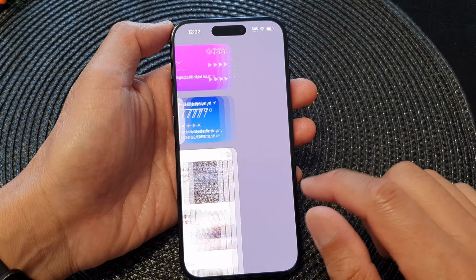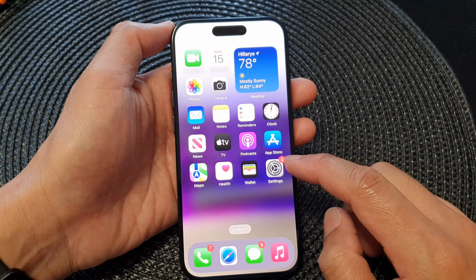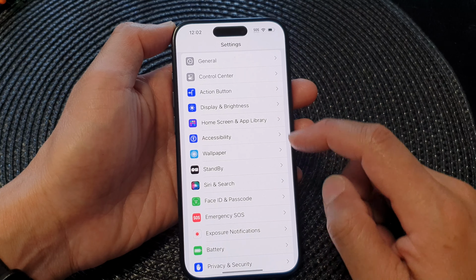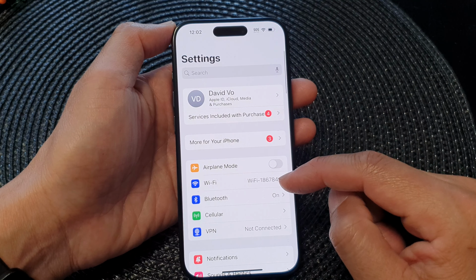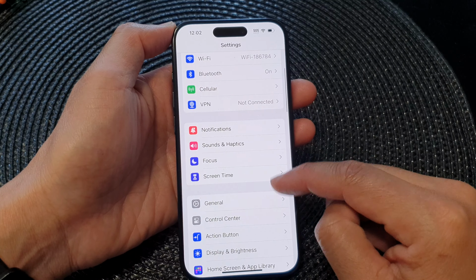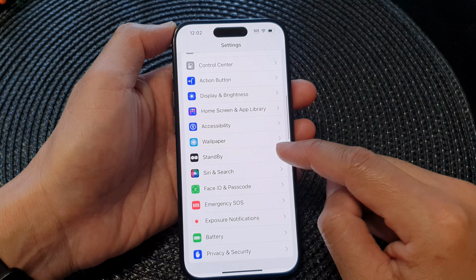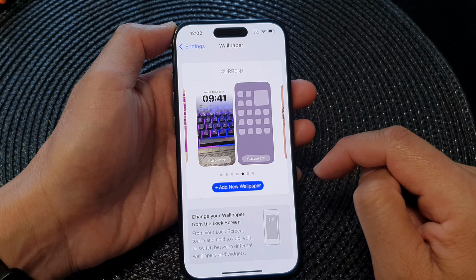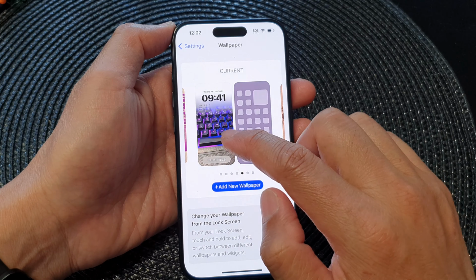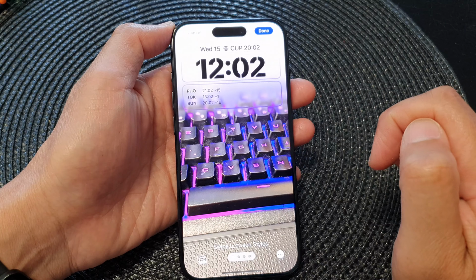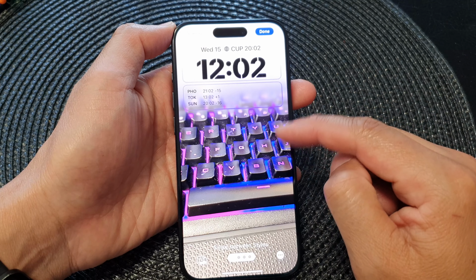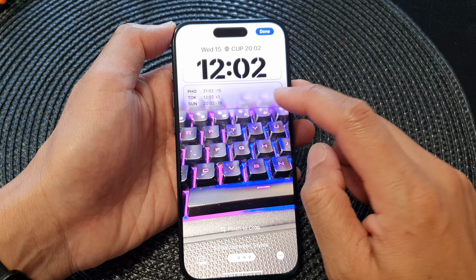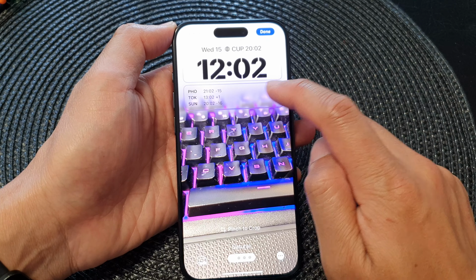Now from the home screen, tap on the settings icon. Next, in the settings page, scroll down and then tap on wallpaper. After that, tap on the left image. Then in the wallpaper editing mode, you want to tap on the bottom panel here, tap on the bottom widget